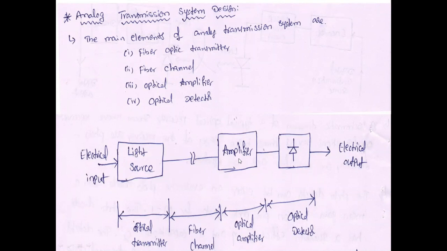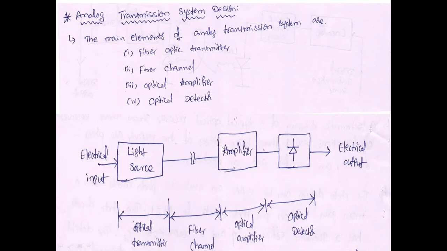Amplifiers are present in the middle, between the transmitter and receiver, based on the concept of a repeater. It is available at the receiving section also, and in the transmitter section also. That is the pre-amplifier and power amplifier, right? And in between, different types of amplifiers are present. Here, what is the principle of this analog transmission system? We are taking electrical input, a sine waveform, given to the light source. Based upon this input, we get an optical signal as output. The optical signal is transmitted to the optical fiber cable.